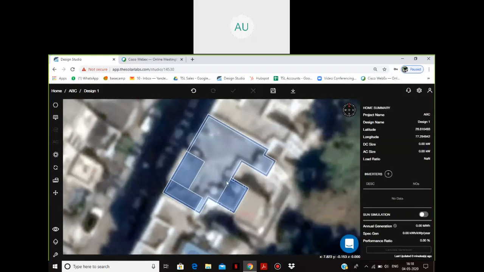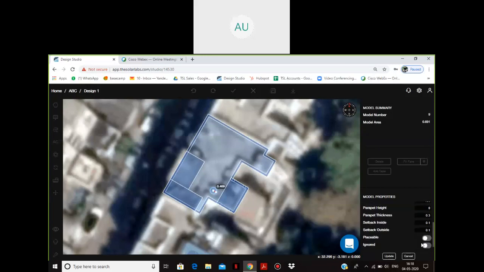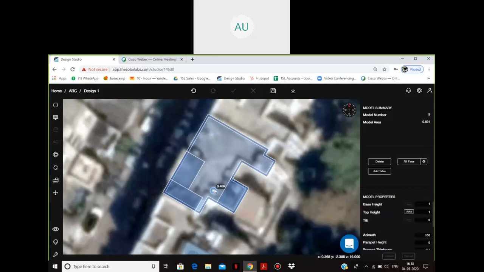Now here I can locate some water tanks as well. For that also I have a modeling tool by the name cylinder. I'll go into the model, take up cylinder, and draw these. I can vary the height as well, so I'll keep it as 1 meter and update this. Similarly, I have one obstacle over here, so I'll trace that as well.